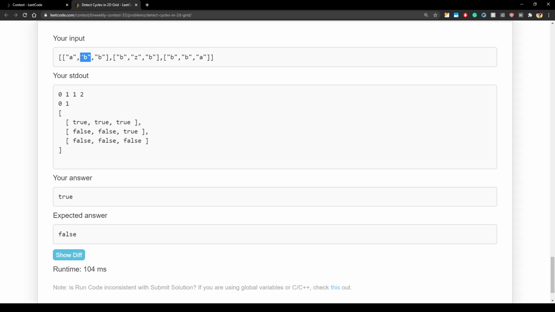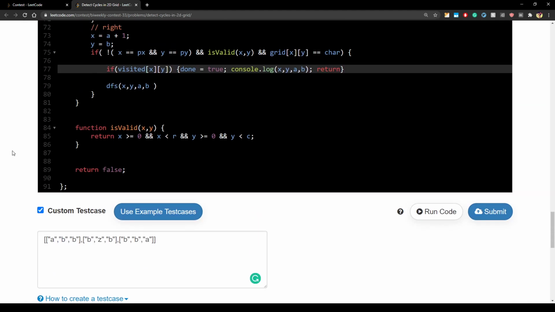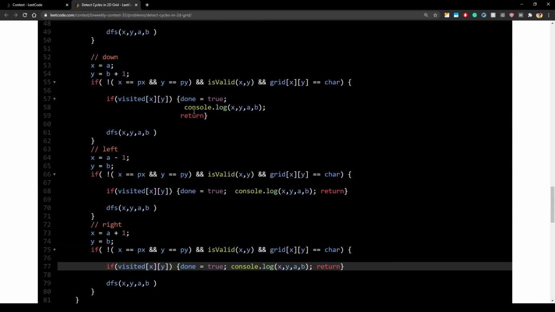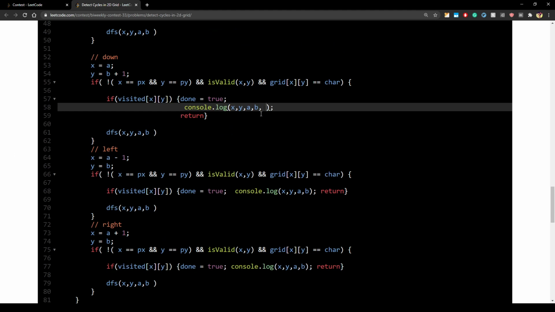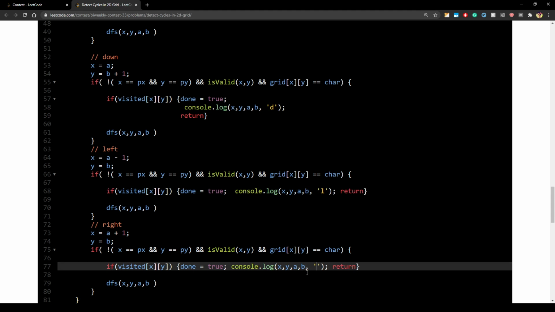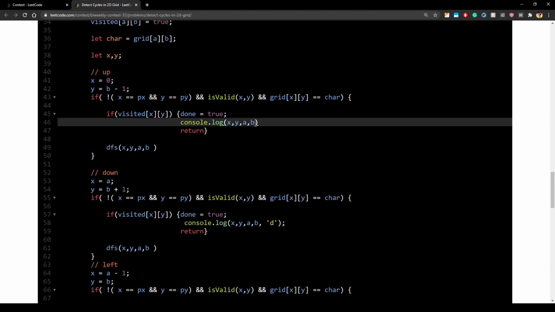Started from this one and we reached till 1, 2, and this is giving true. Okay, so we will see in which direction it is failing, in which direction it is giving true, right? Now I'll have to delete them again later.